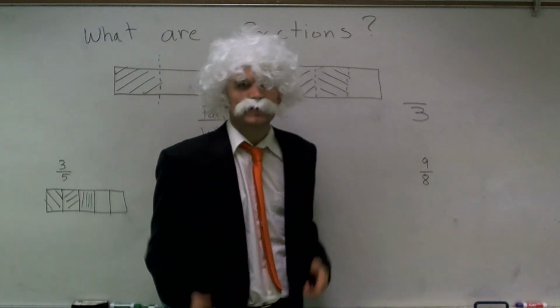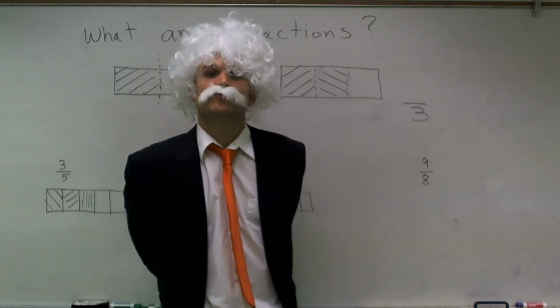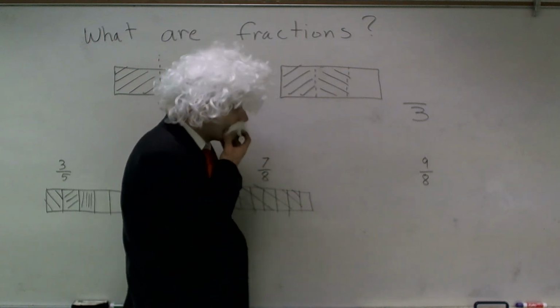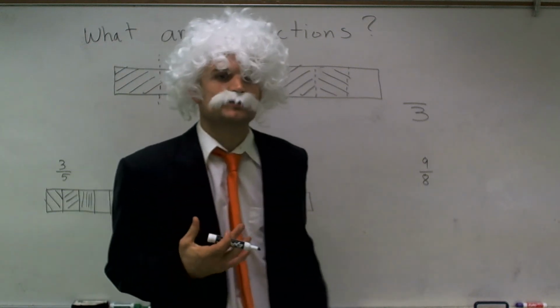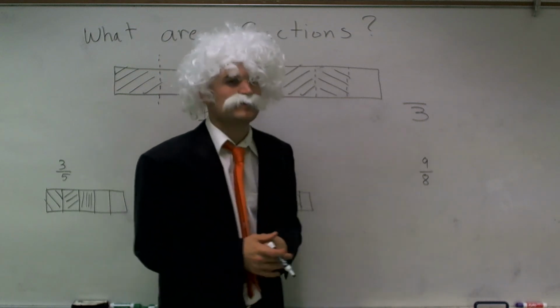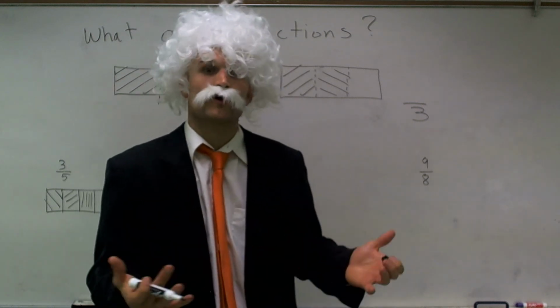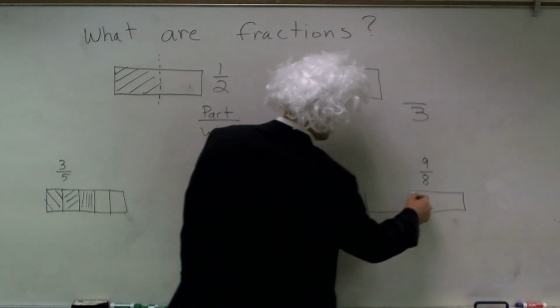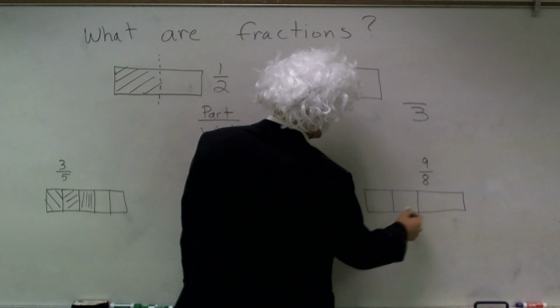Now, here's what we call an improper fraction, because it's not very proper. If you have 9/8. Sometimes we like to work in a mixed number, but I wanted to give you guys an example, because what if we have 9/8? That's something that's over our whole, right? So if I broke this into 8 different sections,